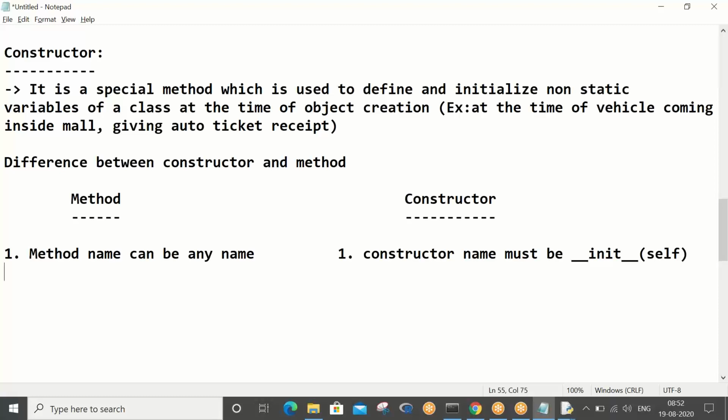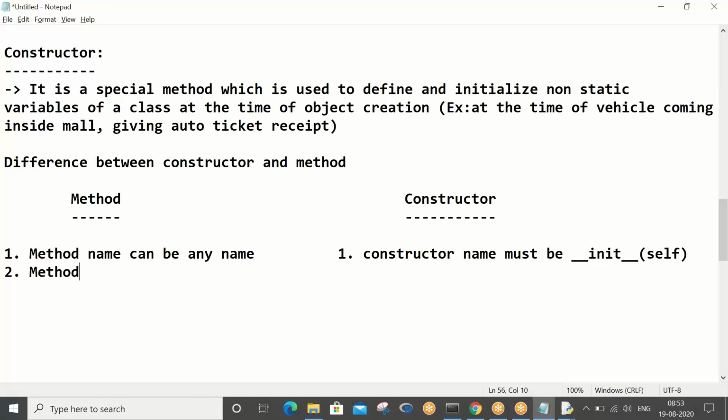This is the name of your constructor in Python. This is also called a magic method, correct? Right. Now the difference between method and constructor is what we are trying to understand.